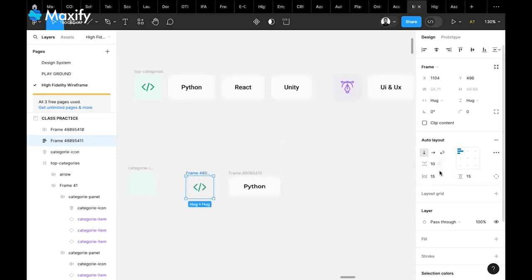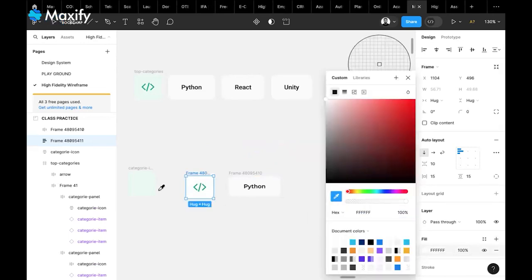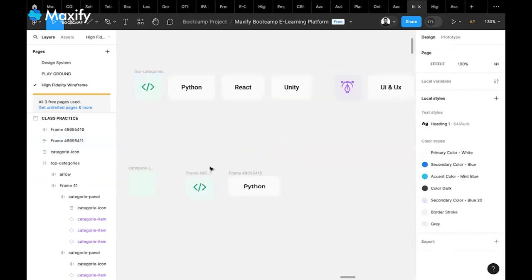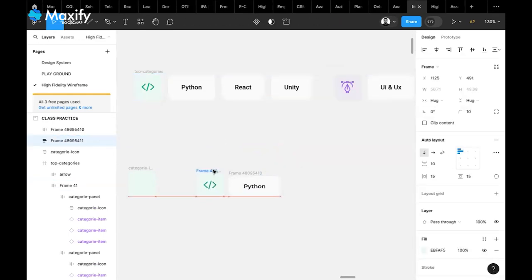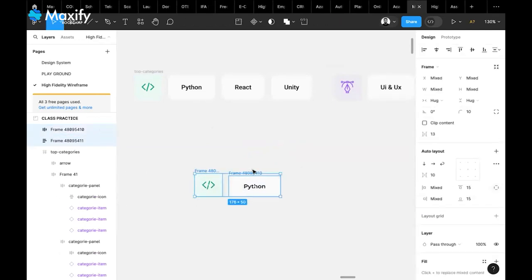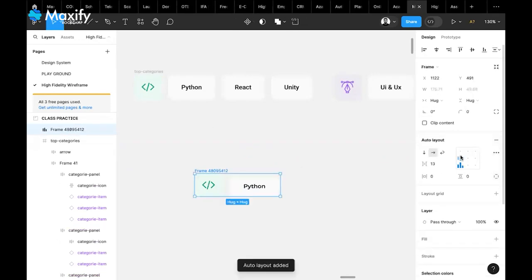And then his own fill should also now select this guy. And then it should also have a corner radius of 10. So with that, you have gotten something that looks like this. So with that, it is very easy for us to select this guy and select this guy and click on auto layout. When you click on auto layout, you set it to left center. When you set it to left center, you can easily now